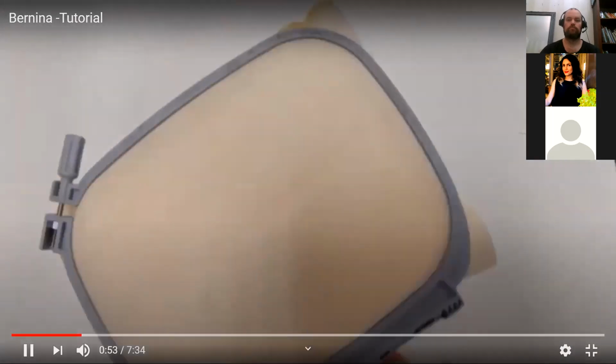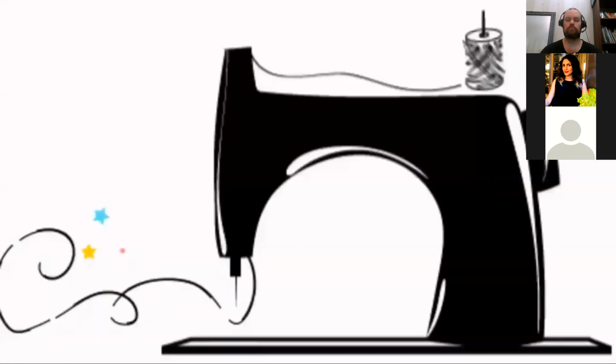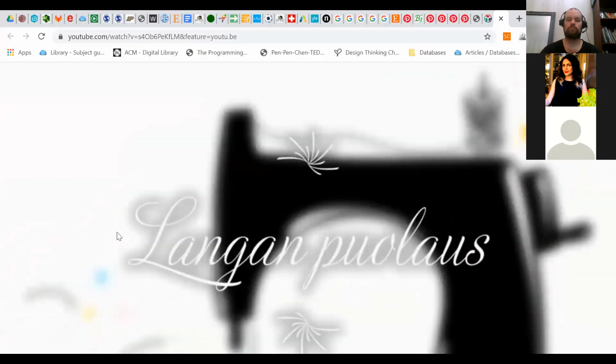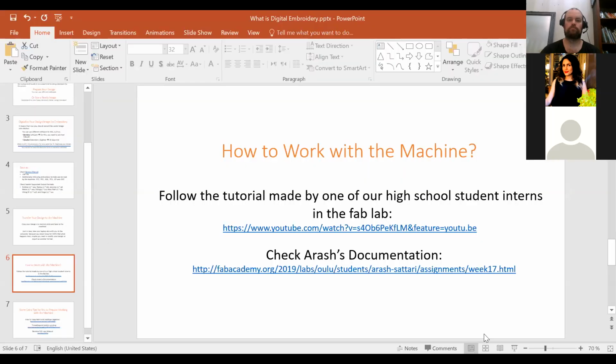We have already some, but it's better to take your own, different kinds of fabric, because sometimes one fabric doesn't work very well and you need to try another fabric. Was it here? Oh, here. So this is the video that you will follow to see how to work with this,